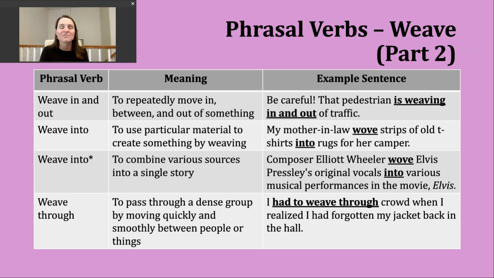about his life. The last phrasal verb we're going to look at is weave through. The meaning here is to pass through, really a kind of dense group of people. So imagine a crowd, and you're generally kind of moving kind of quickly and smoothly between either people or things. An example of this: I had to weave through the crowd when I realized I had forgotten my jacket in